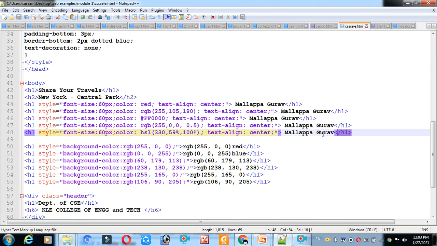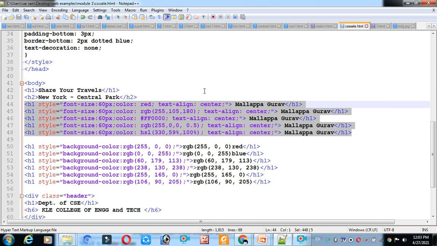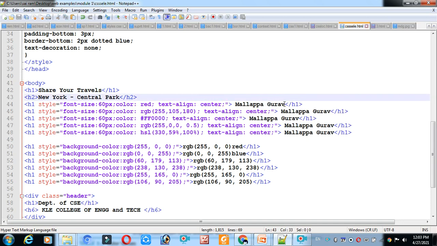Yes, I took a part here. I think it is visible to you. I am using my name, Mallappa Guru, but I am representing the colors in different ways. The first one is a name we are using, red. After that RGB 255, some color I am using with an RGB combination. Then hexadecimal I am using.